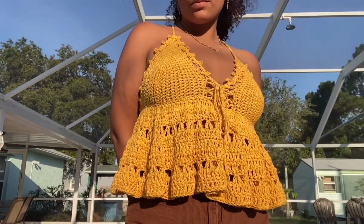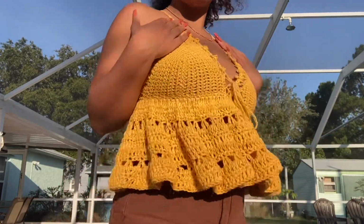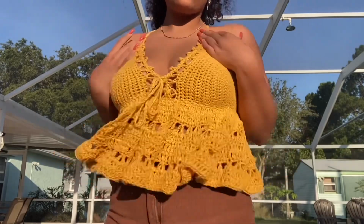This is the final result and I absolutely love it. The color complements me so well and it flows so beautifully. It was a little bit too much cleavage for my liking, so I put a bow in the middle and it's